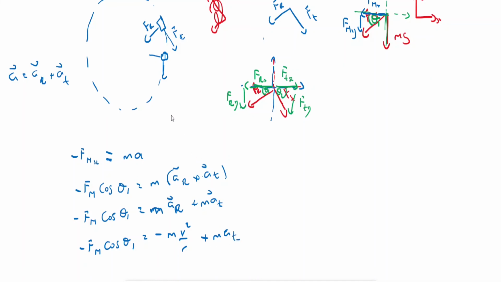Remember, a_t is just the change in velocity over the change in time. That's basically where you're going to get the magnitude of a_t from. You could also set up the forces in the y. So here the only force that was in the x was just that one, but the forces in the y are minus F_ny, minus mg, and that is going to be equal to, everything is minus and minus, you have minus